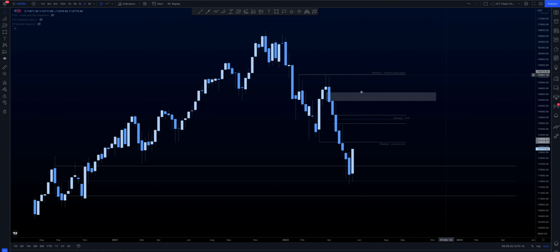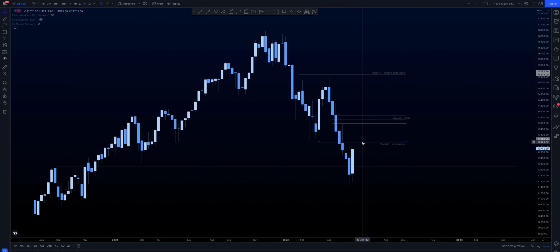And maybe sort of this little bit of a gap in here. So we've got this fair value gap here as well, but I think if we're going to come all the way up here, then we're not going to leave these equal highs here, so I've not actually mapped that one on. So first objective to the upside on the Nasdaq is